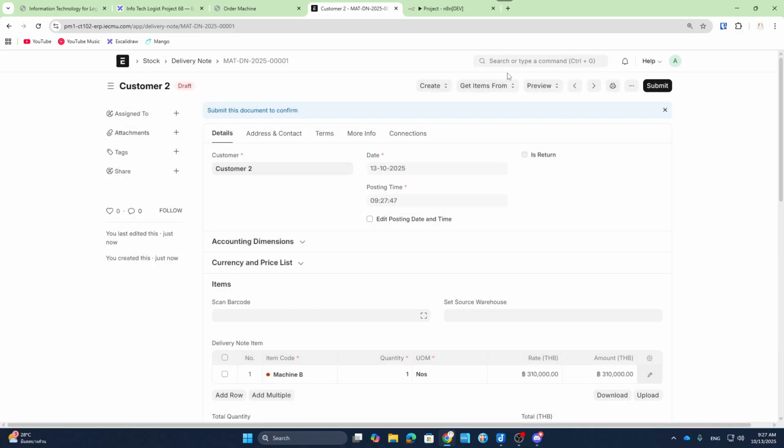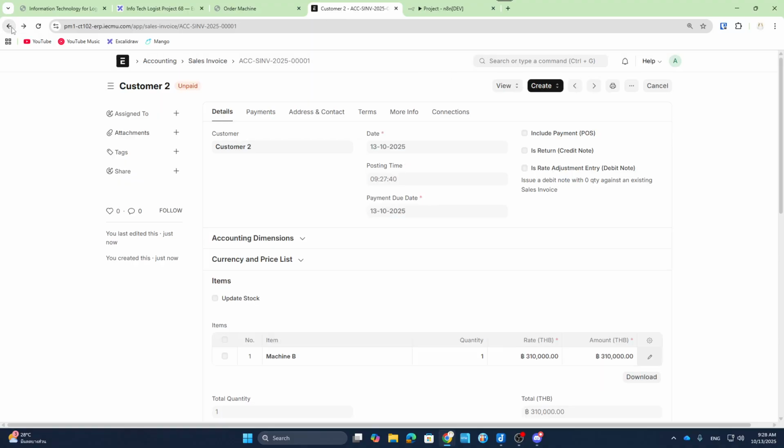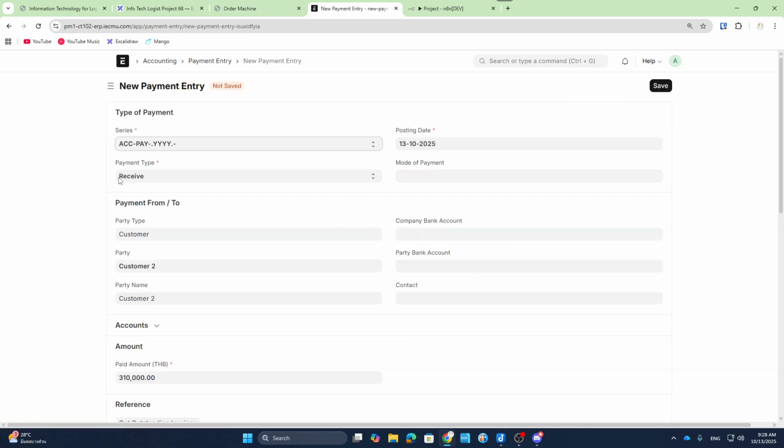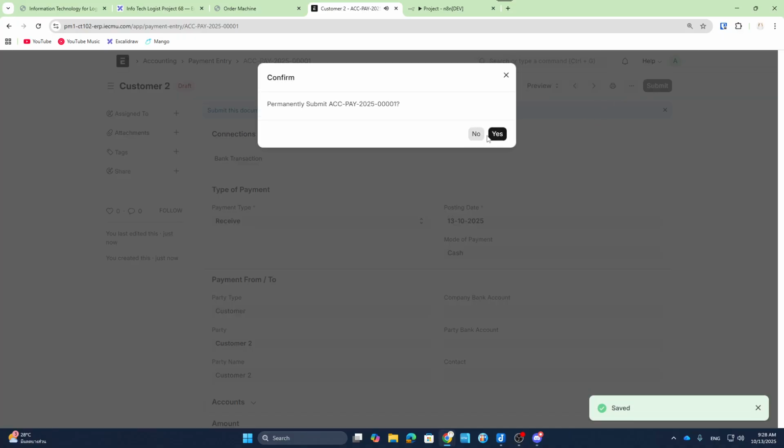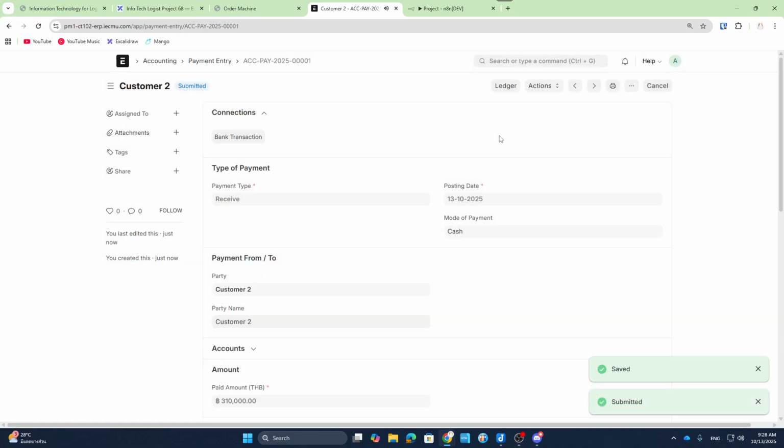Also, I can go through the payment. If I receive the payment, I can create the payment which I receive from my customer, with cash, something like that. So you can go through this process too, just to make sure that the whole flow is taken care of. I want to show you one more thing